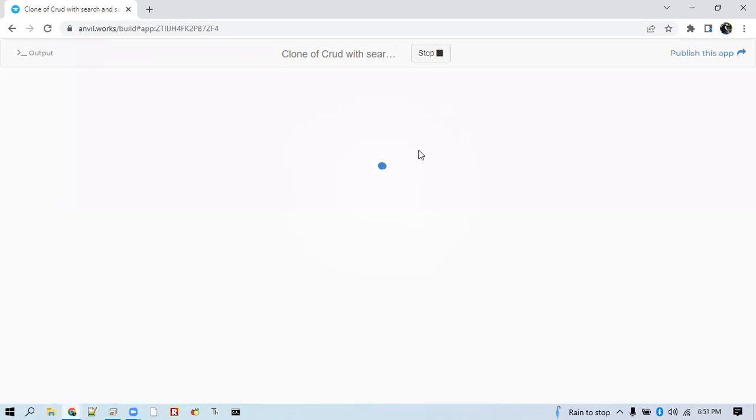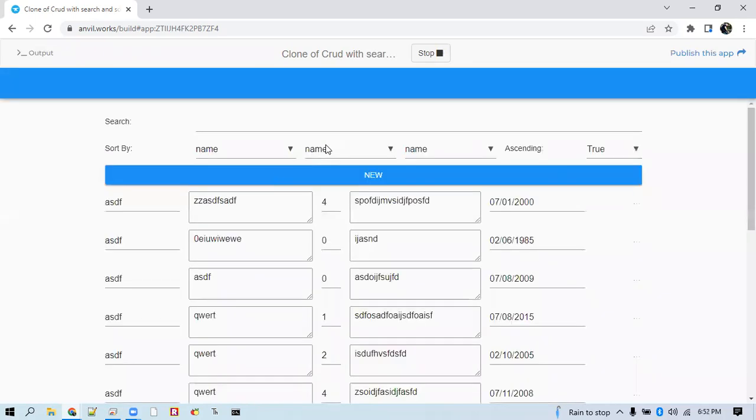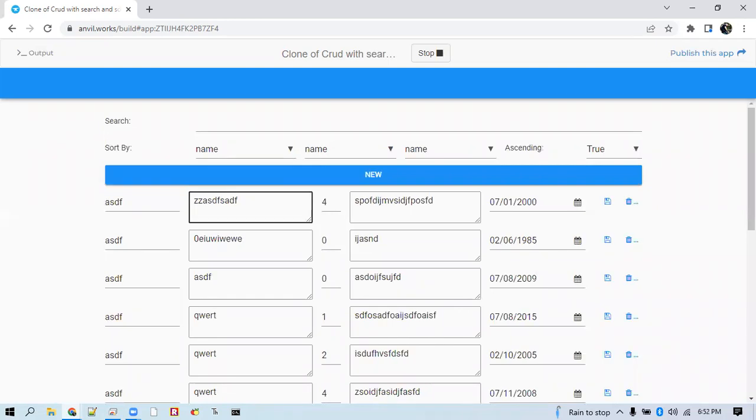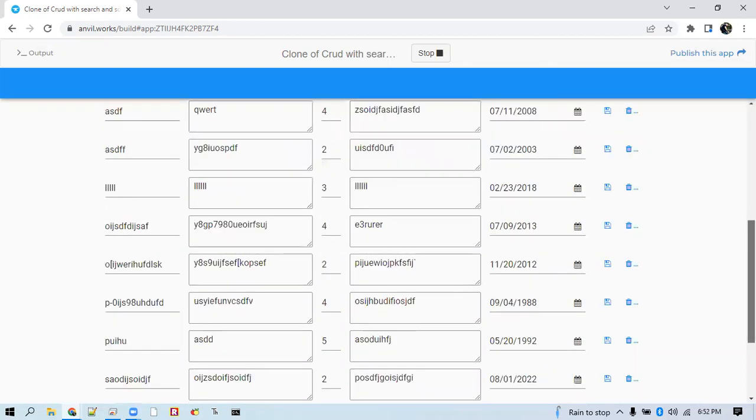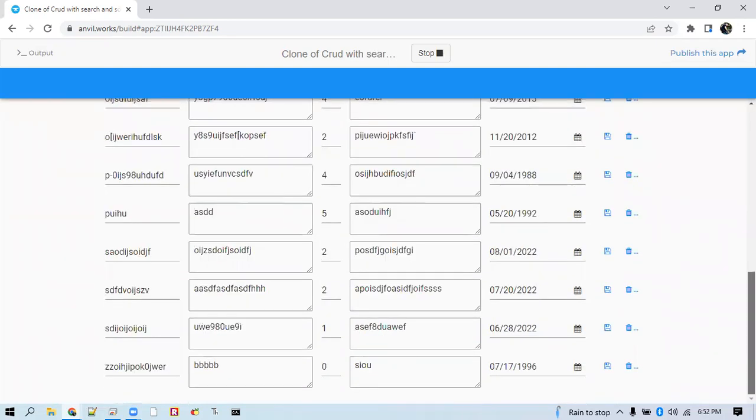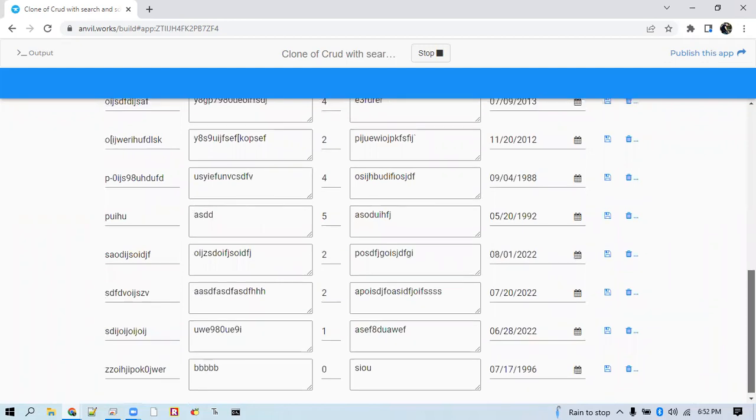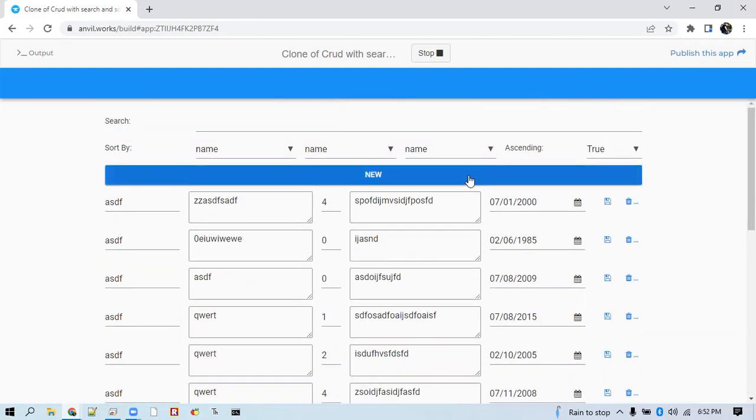Let's try this one more time. My little netbook computer is struggling to keep up, but that's not a problem with Anvil. That's just a problem with my little netbook. Okay, so look, those are our edits. It looks like we've got what we needed saved. So let's do this again. I think at this point we've got a fully working